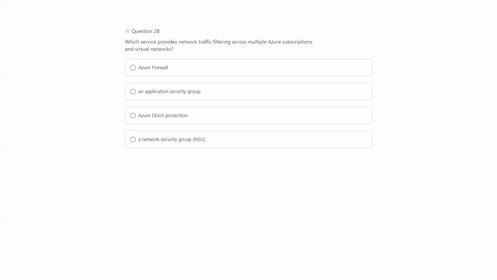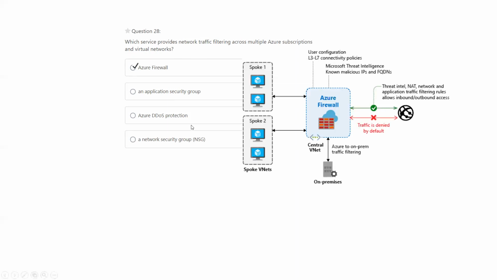DDoS protection is totally irrelevant and unrelated to the question. It prevents DDoS attacks like cross-site scripting or SQL injection or any layer 7 security attacks. So the answer here is Azure Firewall.